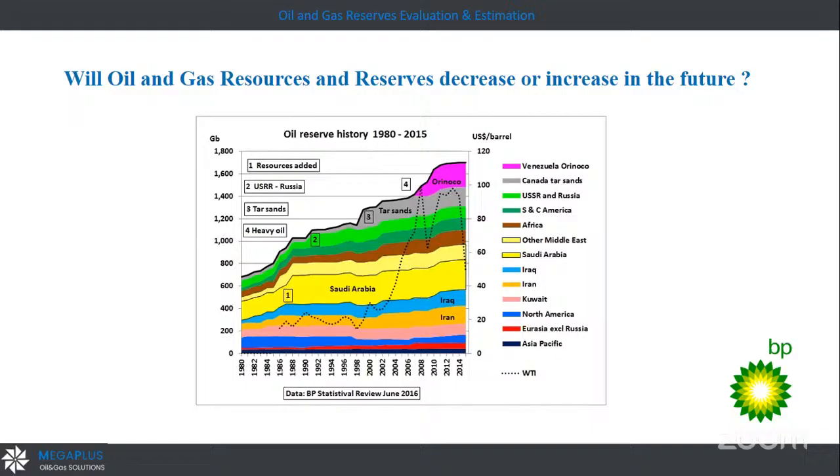Maybe increase, maybe decrease. It depends on the technology. It depends on the prices and the commerciality of these resources. This portfolio done by British Petroleum, published on their website, shows that the reserves and resources are increasing, and the dotted line is the prices. So something like tar sands, something like unconventional heavy oil joins the resources, so it's commercial. So that's why we can say that no, it could increase in the future.